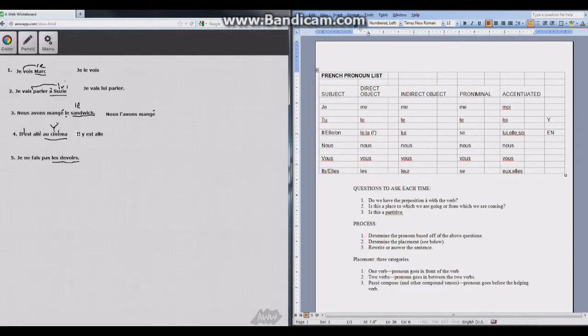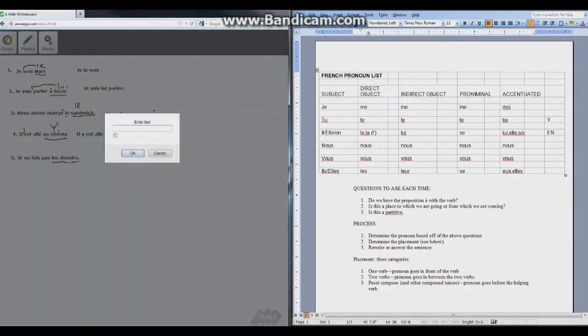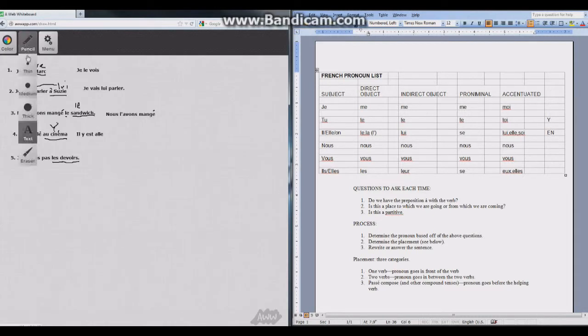And here's what we have. Il y est allé. Well, I won't have time to do number 5 this time, but hopefully this might help